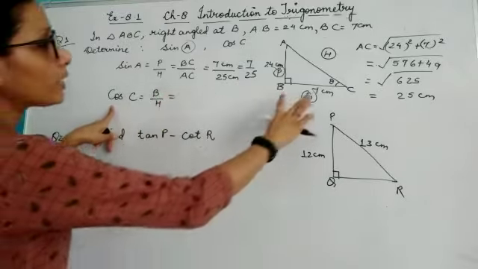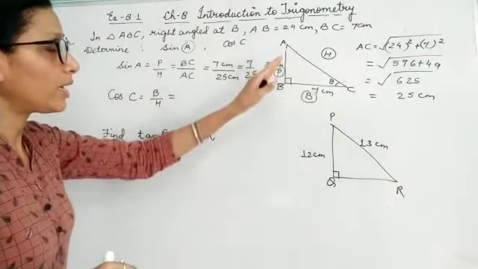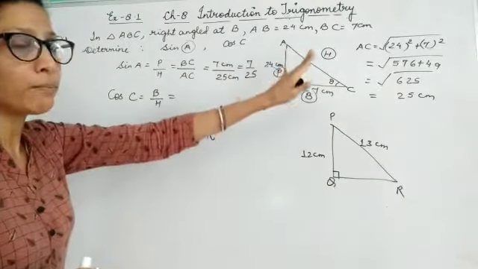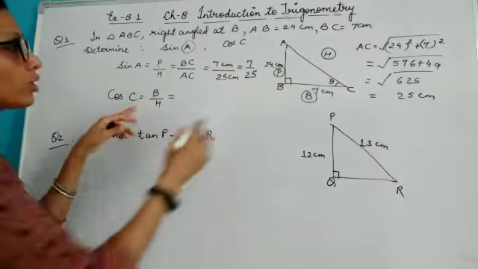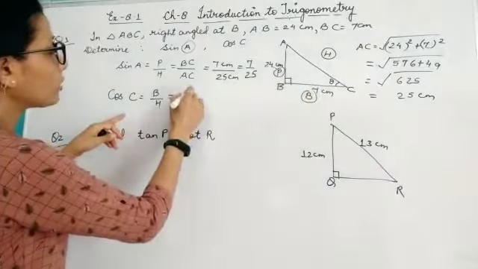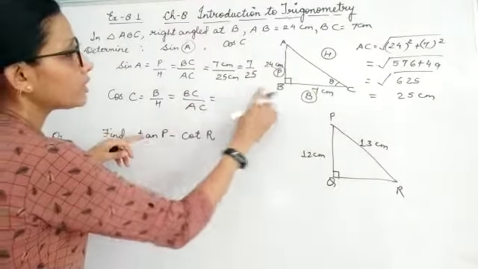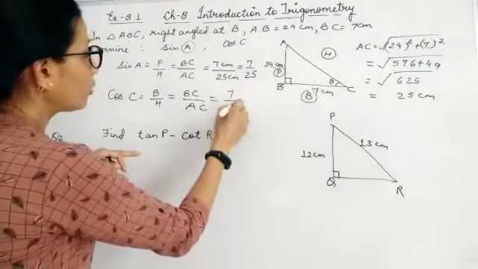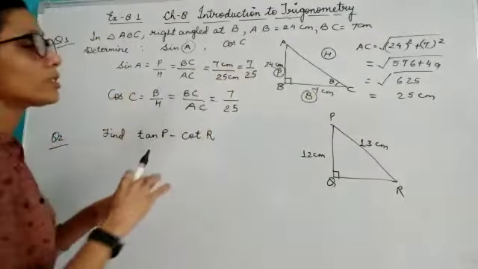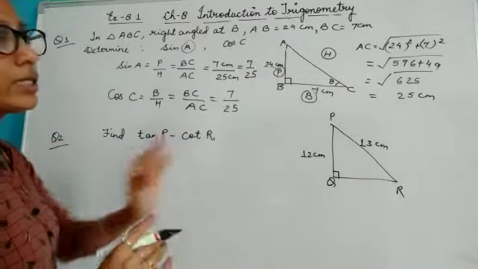And what is your base over here? Now first of all, before doing anything, I have fixed my perpendicular, base and hypotenuse, and then I am going here to find out my cos C. So what is your base? Base is now BC, and what is your hypotenuse? It is your AC, and BC is given to you as 7 and AC, which you have already calculated, is 25. So in both the cases the answer is coming out to be same. Okay. Let's see the next question.